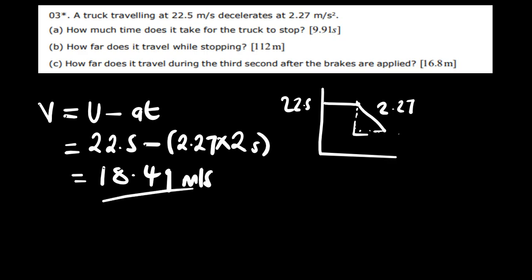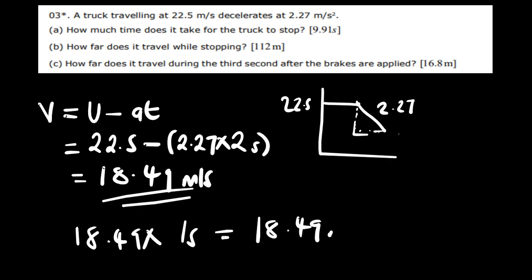So this will be the velocity at 2 seconds. What about at the third second? If at 2 seconds it is 18.49, I'm just going to multiply this by 1 second. It will still give me the same answer, but in this case, since we're finding the distance, it will be